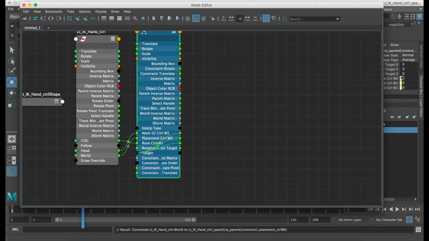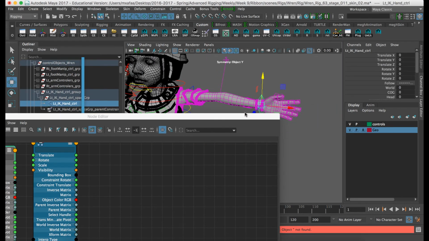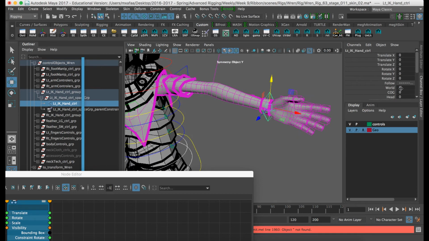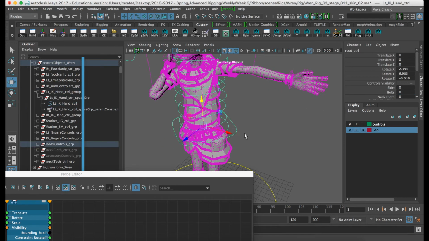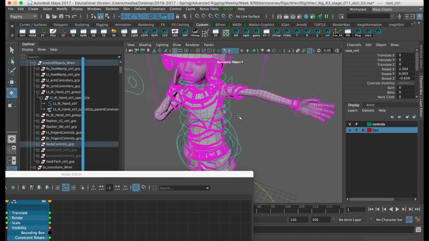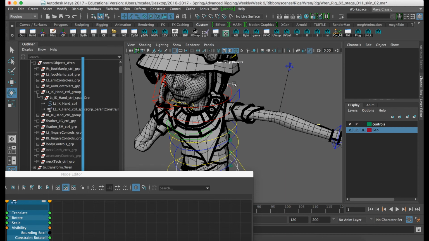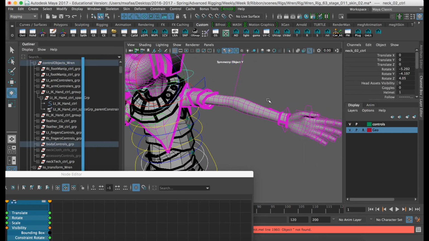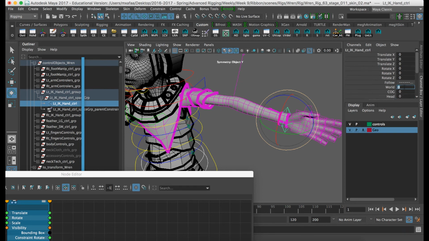All right. So if I go to the parent constraint node, I can see that I have these connections here. So now, if I start playing with these weights, for example, I want to have this hand to follow the center of gravity. I will put 1 on center of gravity. And if I start moving and rotating this, I can see that it's controlling the movement of that. If I rotate the neck, it's not going to follow that because the weight on the neck is set to 0 here, right? So I have full option of switching between these 3